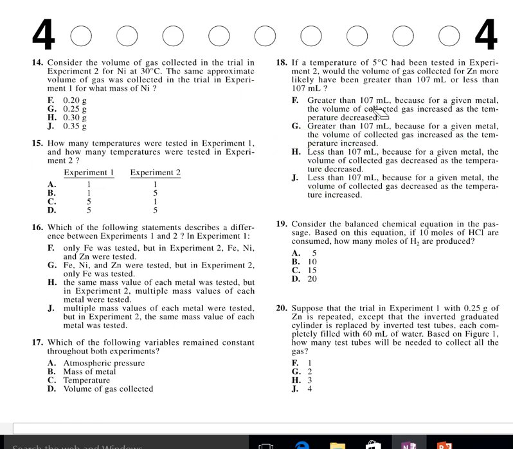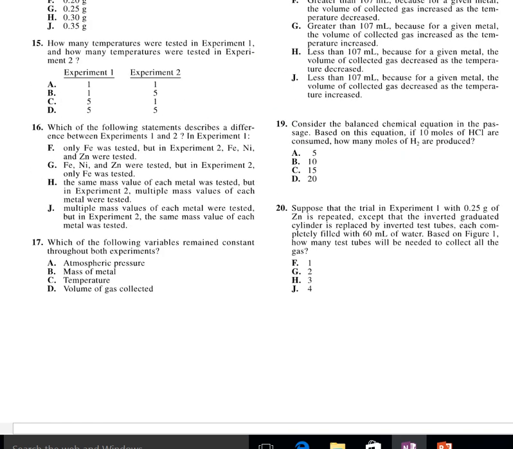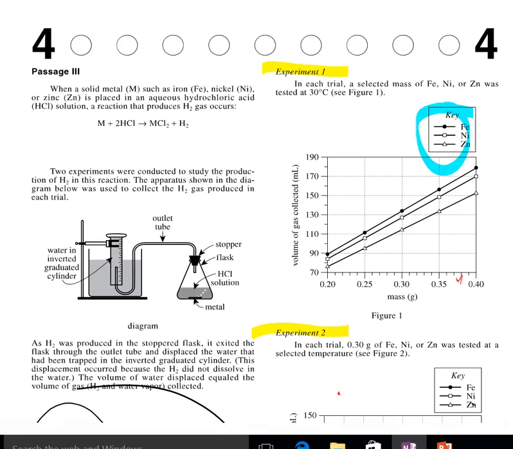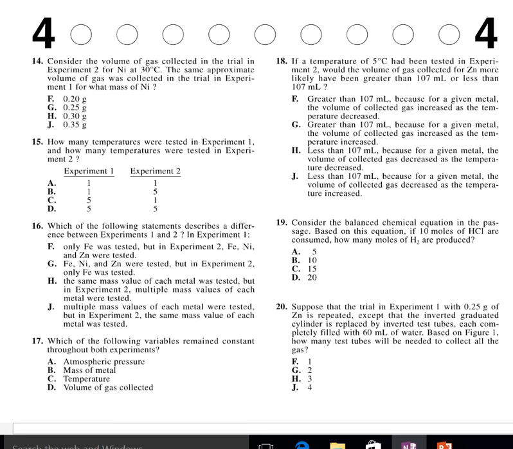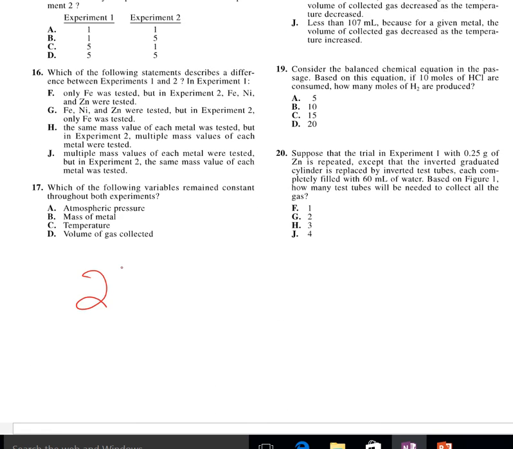And the last two. Here we go. Number 19. Consider the balanced equation in the passage. Based on this equation, if 10 moles of hydrochloric acid HCl are consumed, how many moles of H2 are produced? So let's go look at this equation right up here. And so basically we're looking at this and this, and I'm going to rewrite it over here. So we have 2 hydrochloric acids converting into H2 gas,